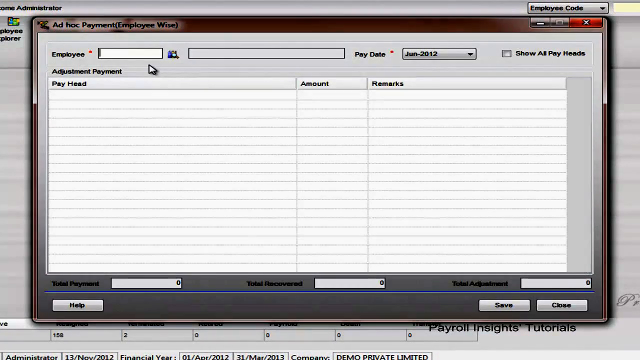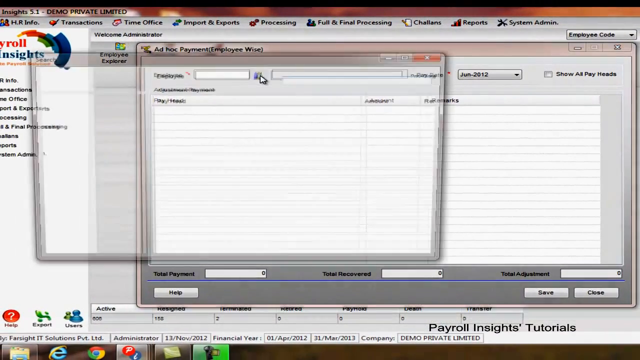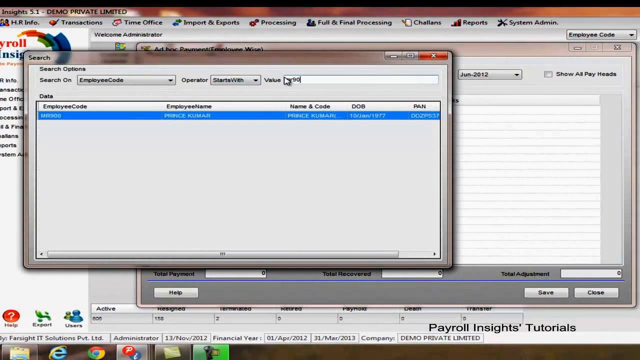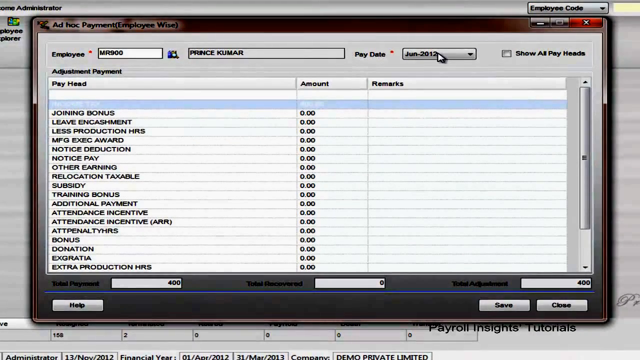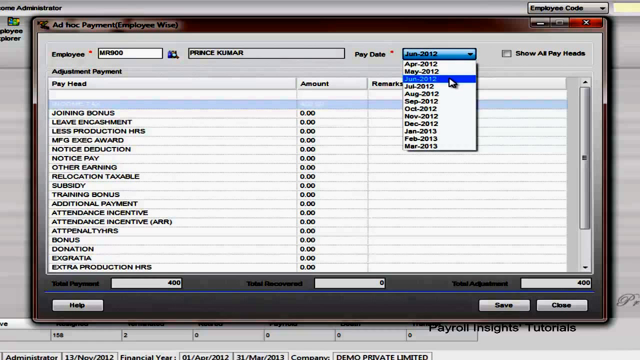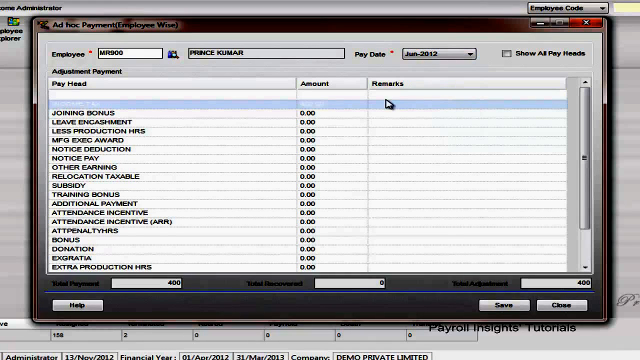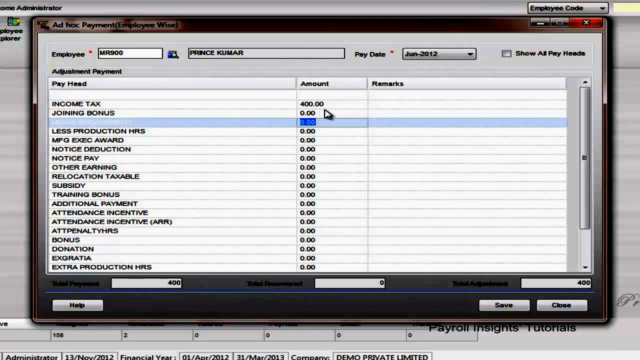An ad hoc payment employee wise form appears, and choose the employee from the employee selection tool. To change the pay rate, click over here and choose the desired pay rate. The grid below fills up with the pay head along with the amount and remarks. Amount can be adjusted to make an adjustment in the particular pay head, and remarks are optional but can be